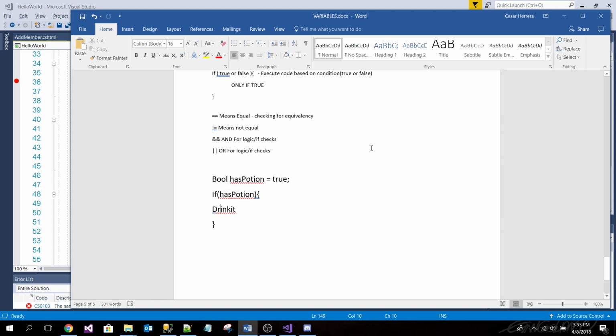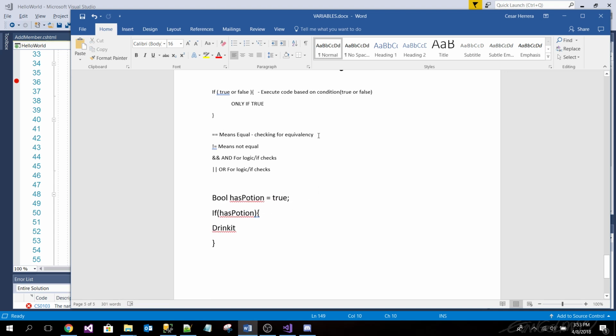Now, do you guys remember these statements that we use to combine statements and to compare for logic? Just a quick refresher: two equal signs check for equivalency, not equal, and, or. Let's do those.